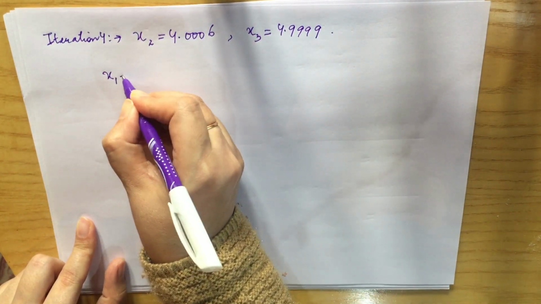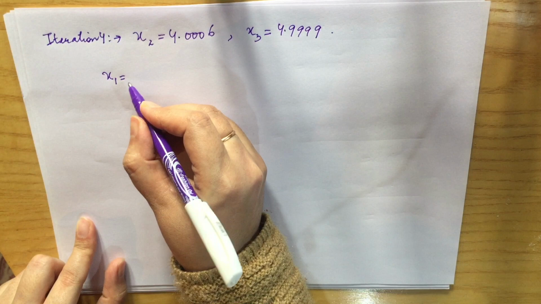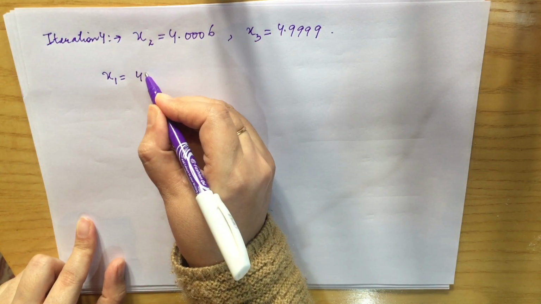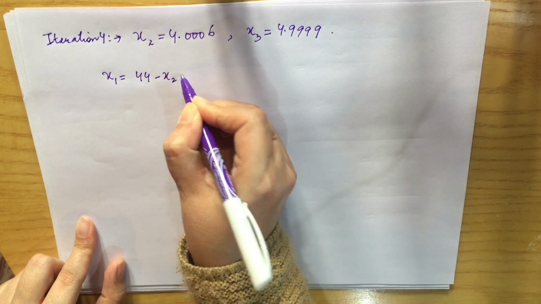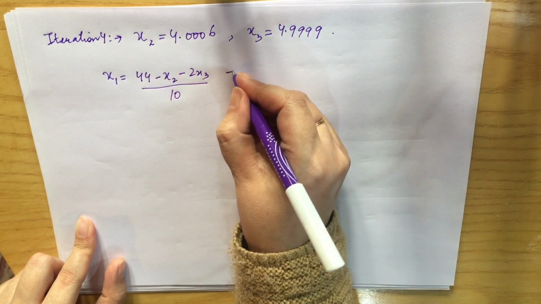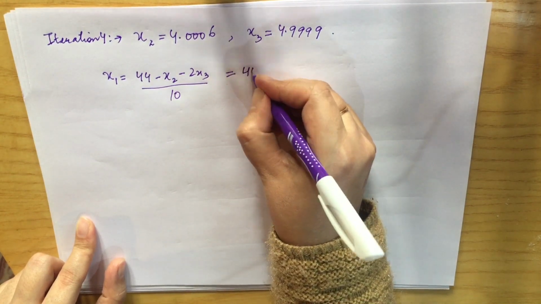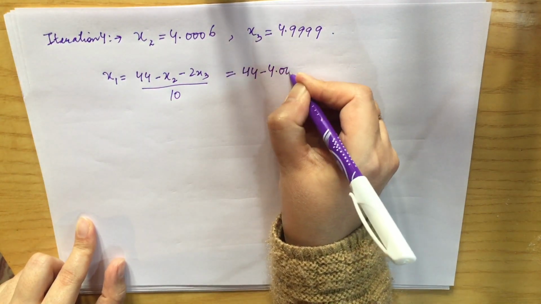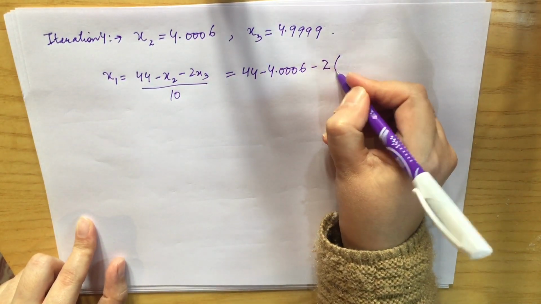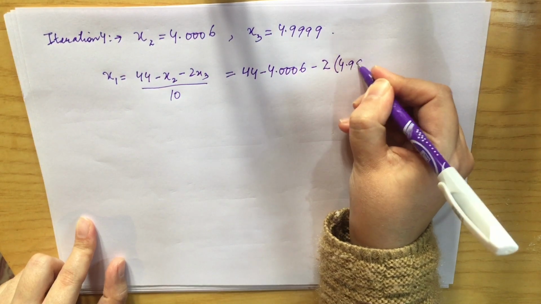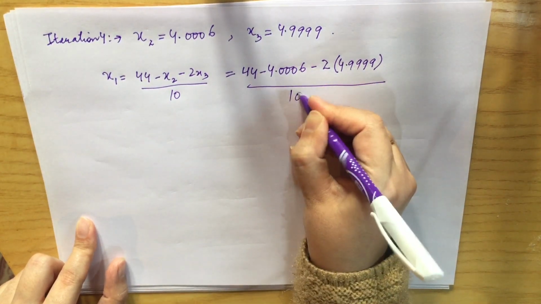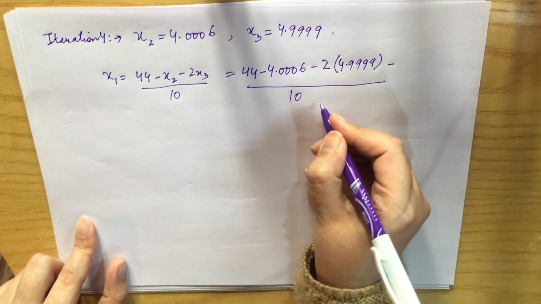Now we will put the values in the first equation, that is x1 is equal to (44 minus x2 minus 2x3) divided by 10. If you calculate it, it will be 44 minus 4.0006 minus 2 times 4.9999, whole divided by 10. When you calculate it, it will come as